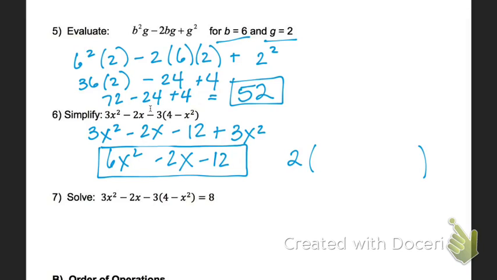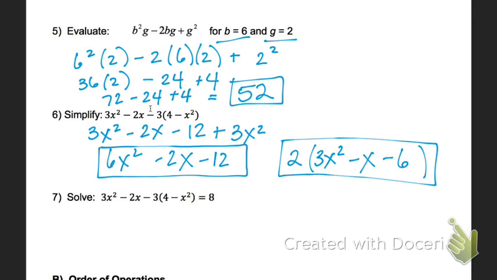So if I divide the first term by 2, 3x squared, and what's the middle term become? Minus x, then what? Minus 6. Like I said, that's just me being really nitpicky. I would accept, obviously, either one, but always looking for common factors is important, especially when we get to factoring,